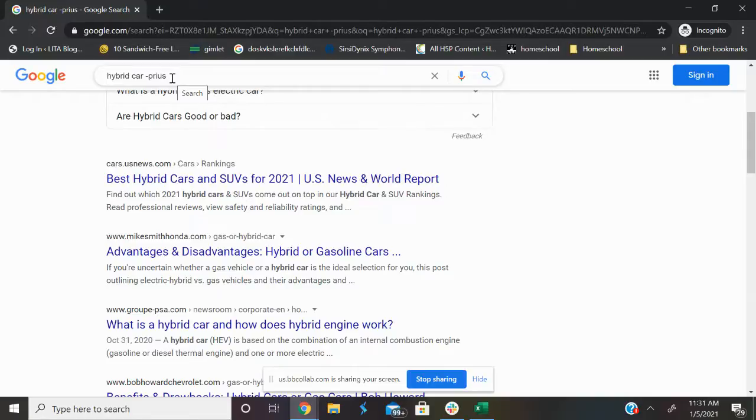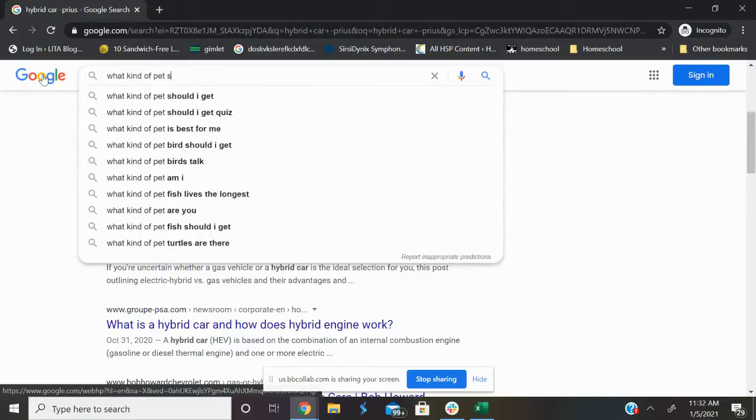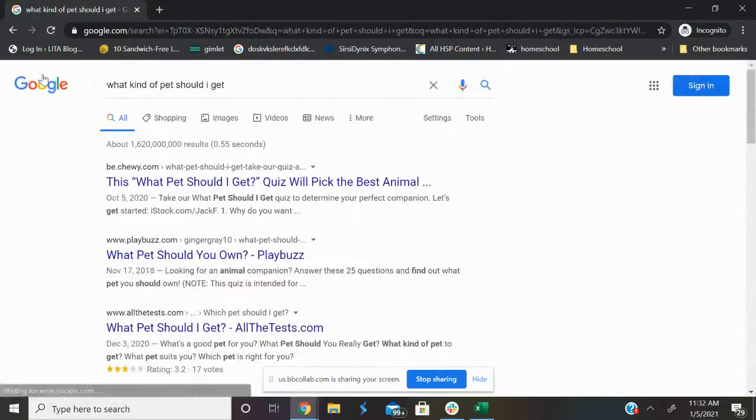And I said at the beginning that it's really useful to think about the logic behind this. One of the reasons is that usually when we're using Google, we're doing natural language searches. We're searching for, you know, what kind of pet should I get? And Google knows how to take that and turn that into a useful result. However,